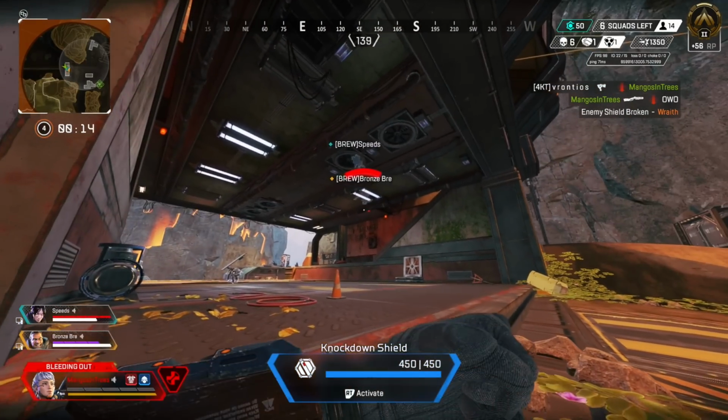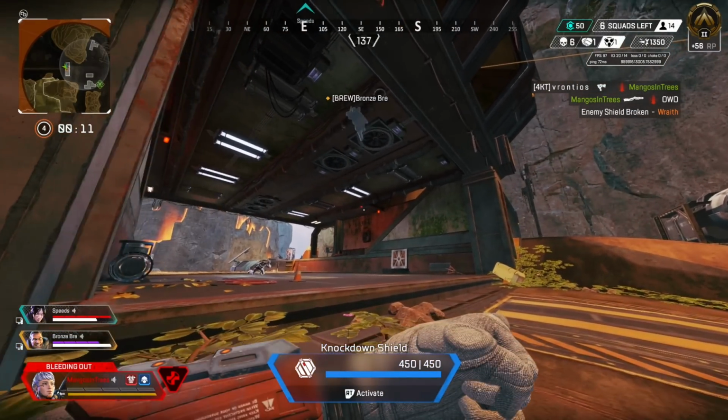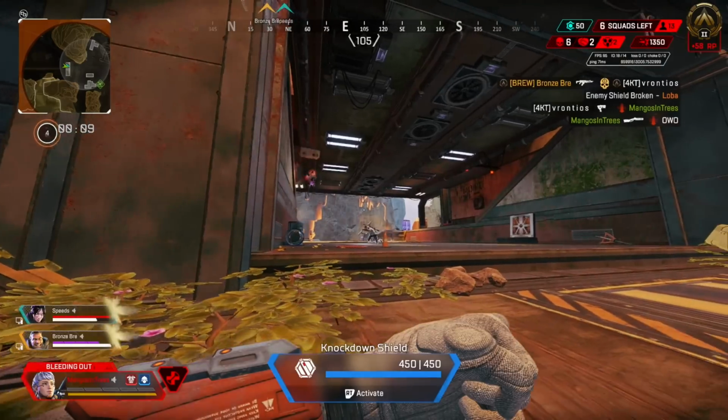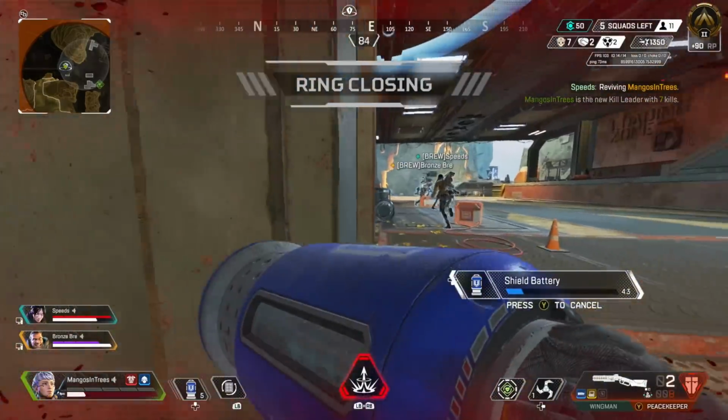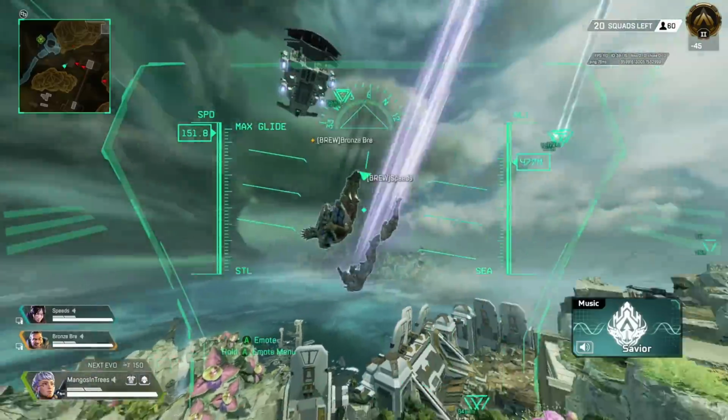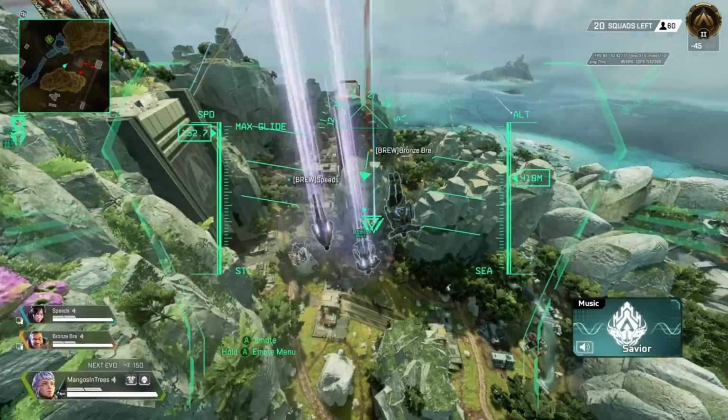Now, some may think this is a boring approach to rank, and to that I'd say, well, you're probably going to struggle this season if you just constantly take fights, especially once you reach the rank that you're going to plateau in. In order to pull off this strategy though, I'd recommend using Valkyrie, one of the fortified legends such